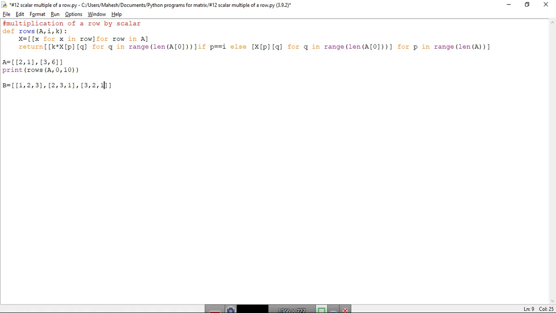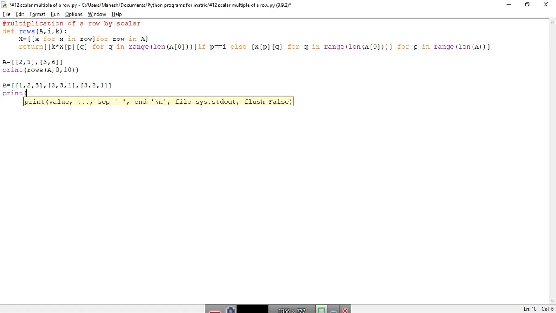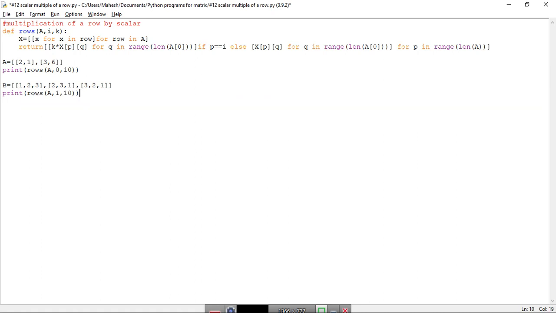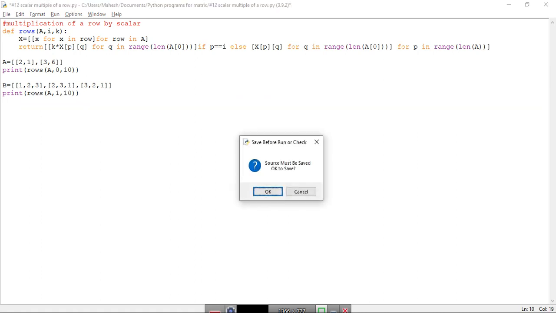Okay, and your print command, print again row by scalar rows. You can add anything there as per your wish. A, not A, let us take A. So A, let's see what error we are getting. We are taking the second row, so 1, and let us take a multiple again 10. Let's see, this will definitely show some error. So see what error it shows.